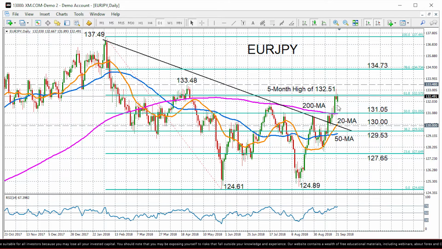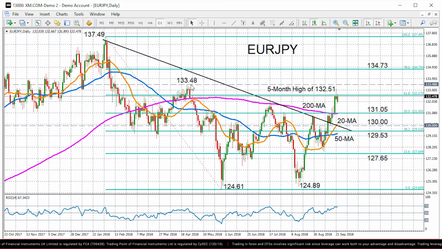So let's now turn to the euro-yen pair. We can see that the near-term bias is fairly bullish. RSI is holding just below the 70 overbought level. Prices on Friday spiked above the 61.8% Fibonacci retracement of the downleg from 137.49 to 124.61. If we do see another attempt to the upside, we could see the pair challenging the April peak